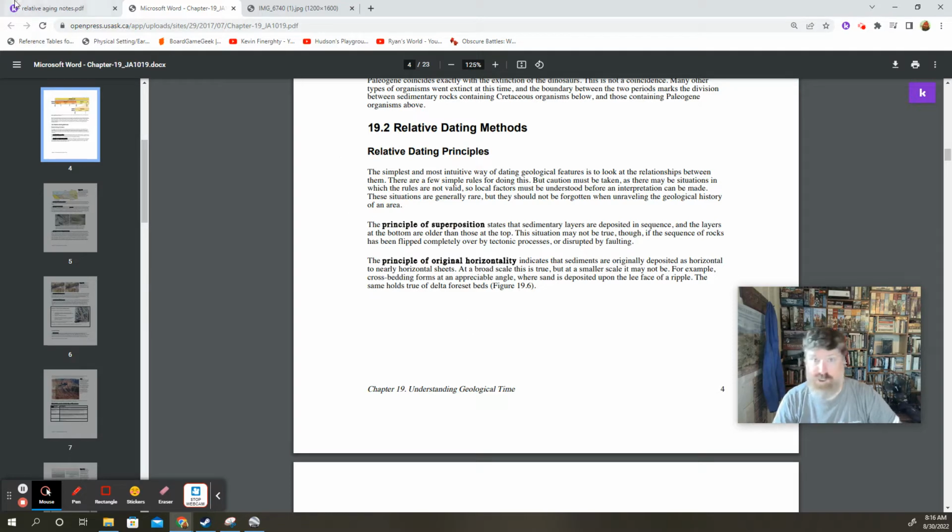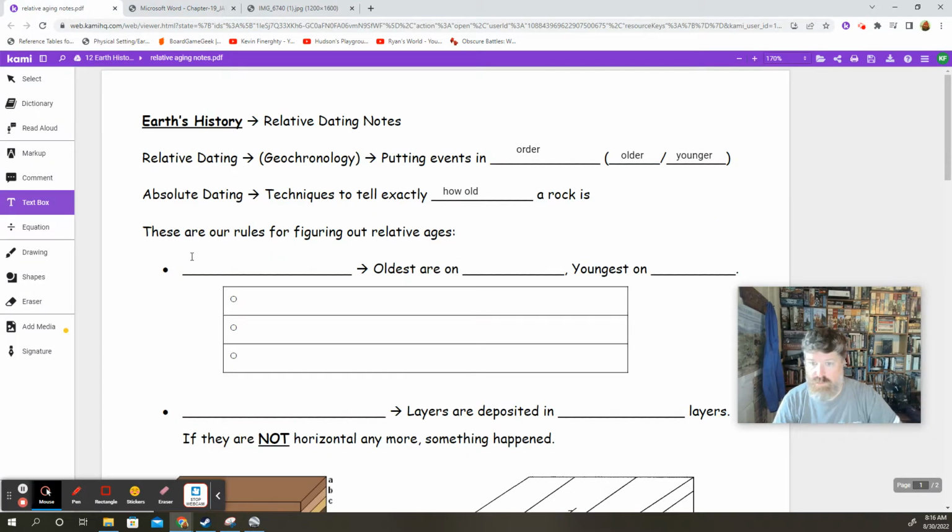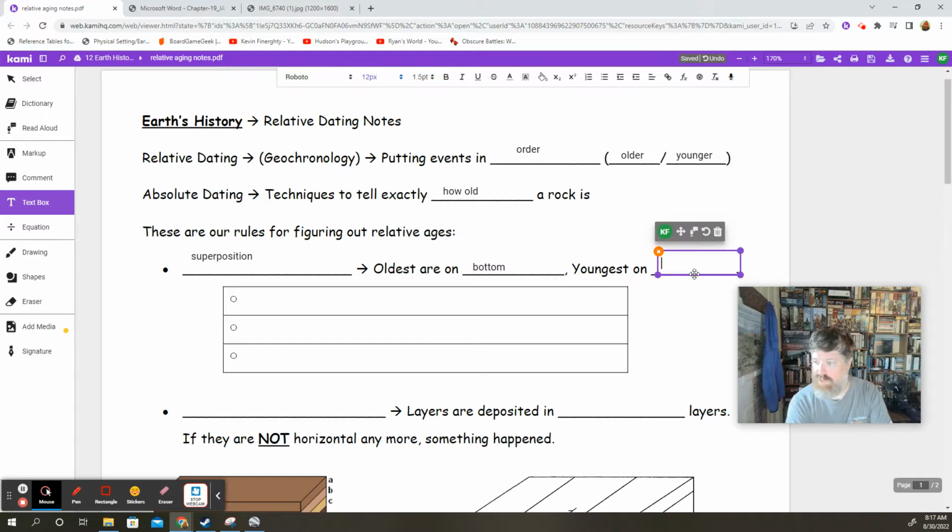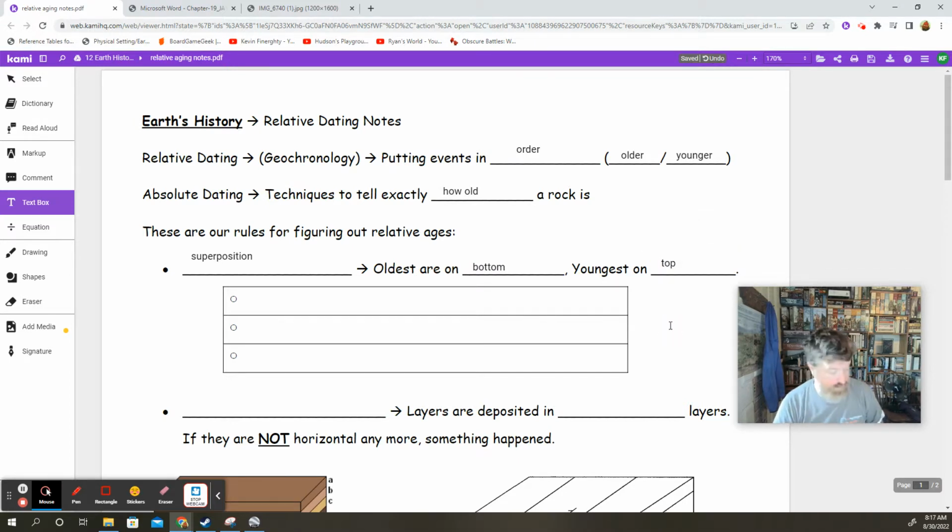All right, so superposition is an easy one. That's what this first one is. Oldest layers, things that land on the surface of the earth, the oldest are going to be on bottom, youngest are going to be on top. For example,